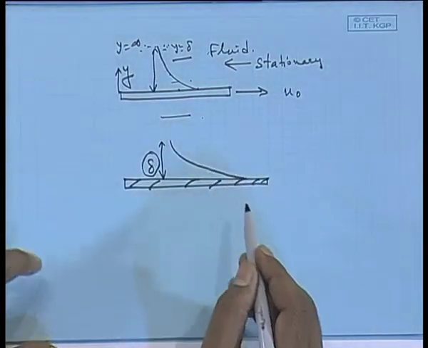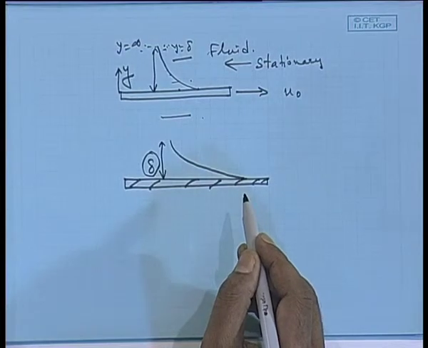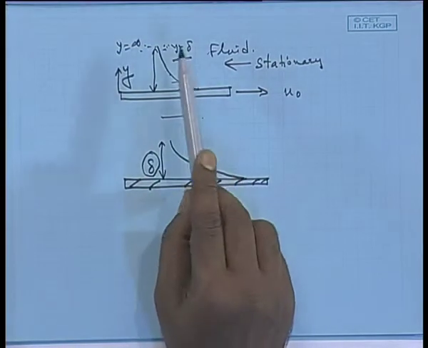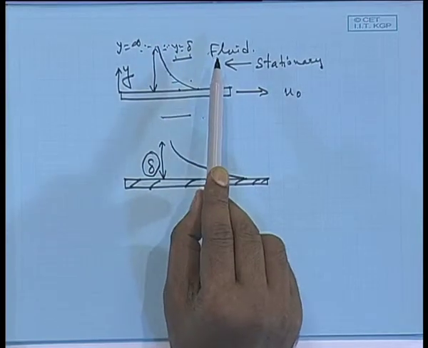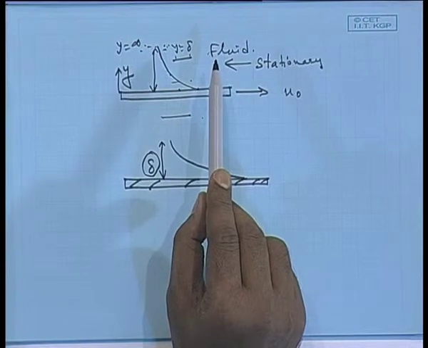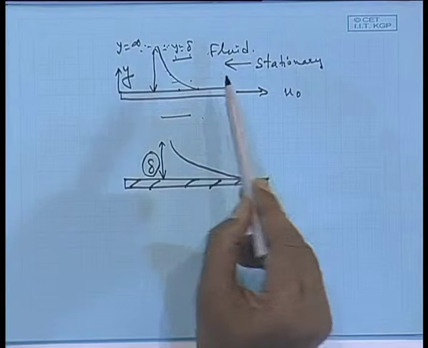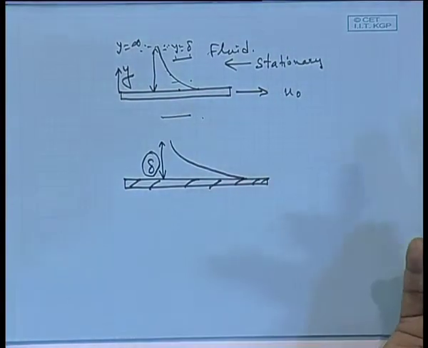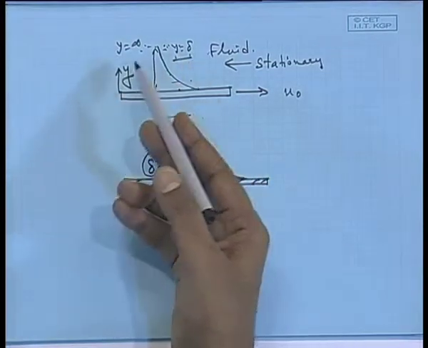Because whenever you will be solving an equation, your boundary condition should be known to you, but the actual boundary condition should be at y equal to delta, u should be equal to 0, but you do not know what is the value of delta. So, again that is a point of unknown quantity, right. So, you cannot get the full solution, because delta is unknown to you. So, it is better to replace delta by y equal to infinity.